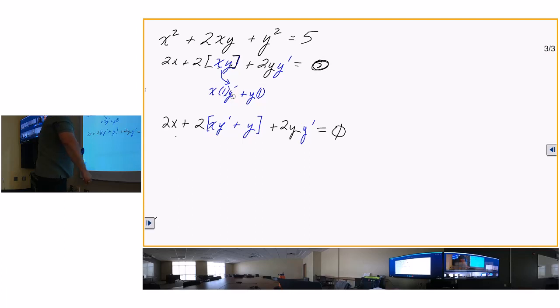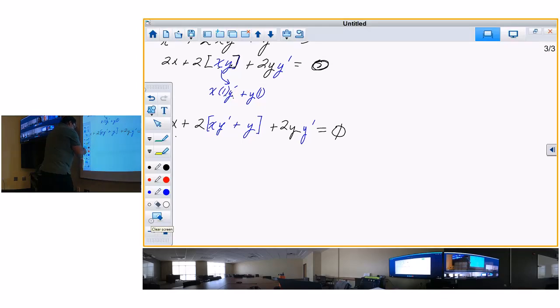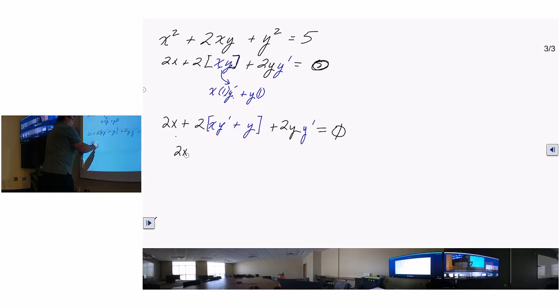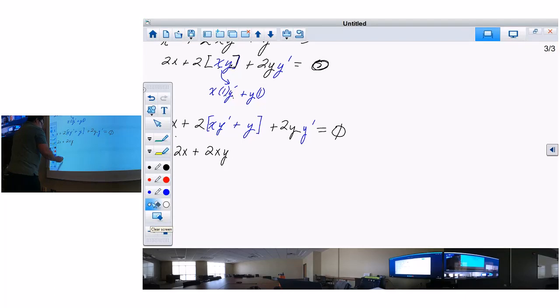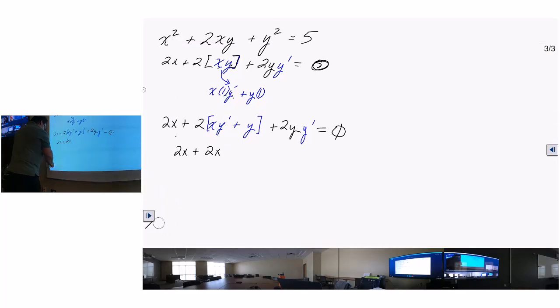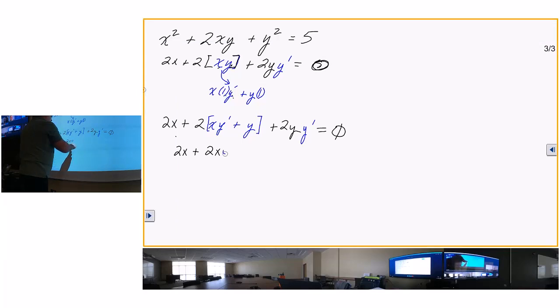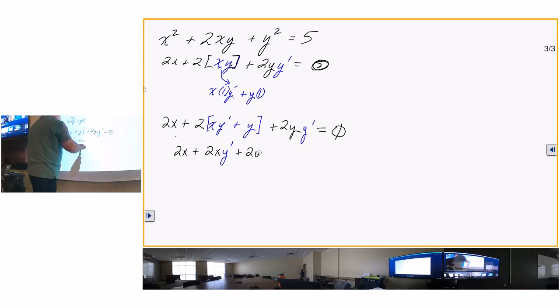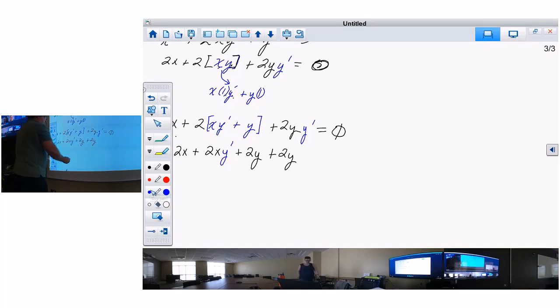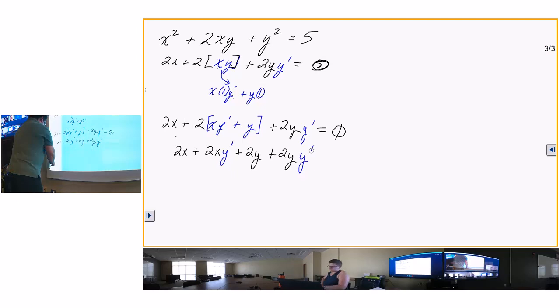Okay, so now, am I done with the calculus? Yes. The rest of this is nothing but what? Algebra. So I'm going to take my handy dandy 2x plus 2xy prime. I'm going to put that in blue, sorry. So that's going to be y prime, and then plus y, plus 2y, plus 2y y prime is equal to